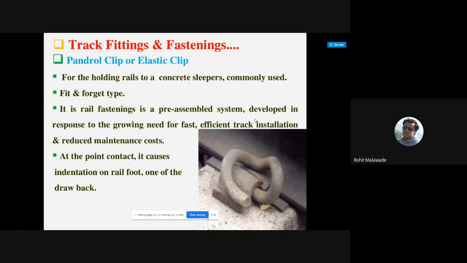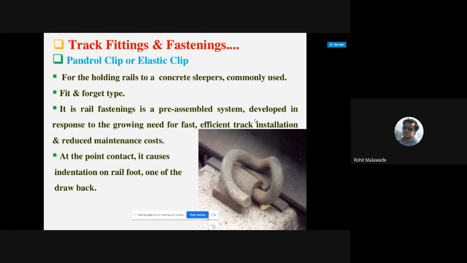It is a fit and forget type, so there is less maintenance with the pandroll clip or elastic clip. The fastening is a pre-assembled system developed in response to the growing need for fast and efficient installation and reduced maintenance cost. As I have told, the maintenance cost is very low.